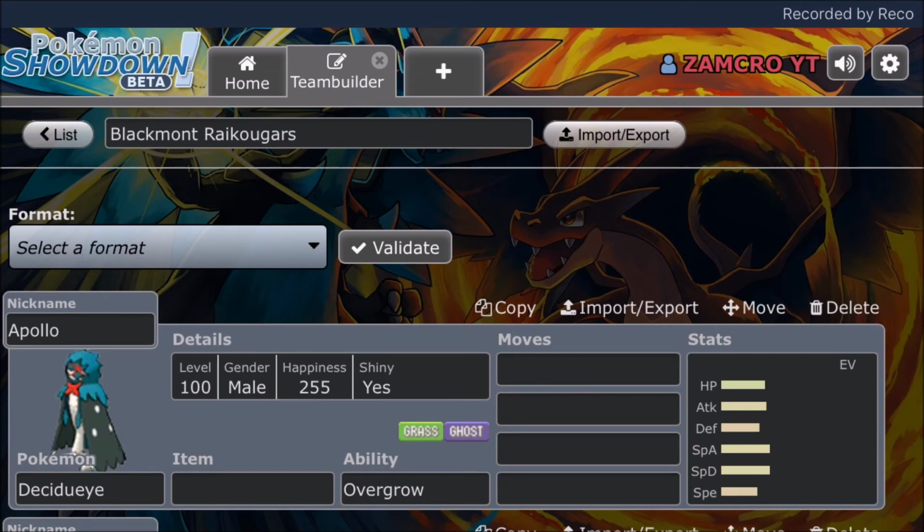Tri-Edge gives increased priority to healing type moves, by 3 to be exact. So things like Draining Kiss have +3 priority at that. Synthesis has priority and things like that. It also gets U-turn, Taunt, Tailwind,